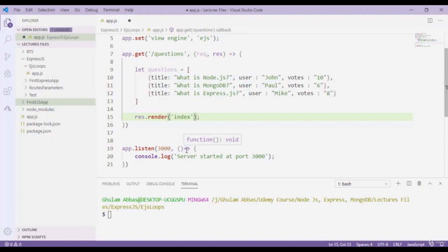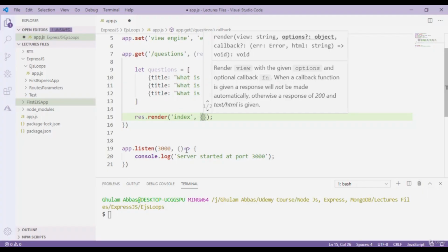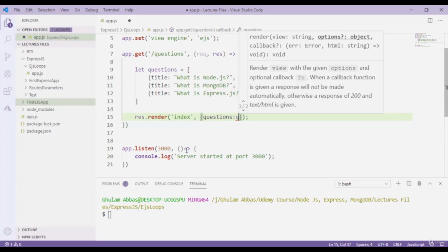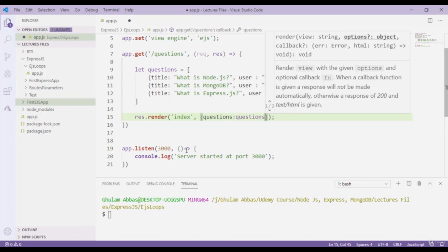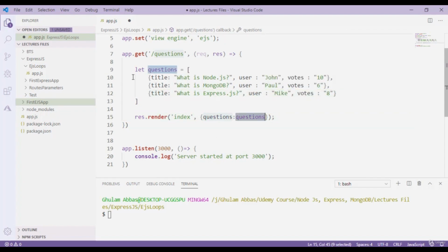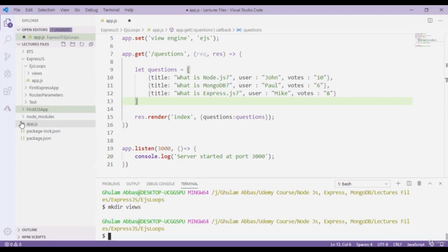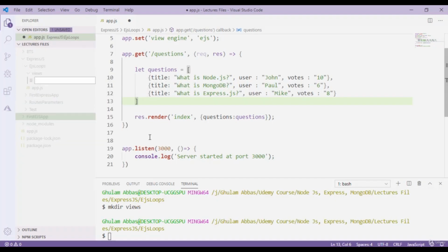So I simply type questions. Remember that this questions is the variable that we are going to use in our EJS file. So I'm going to create a new directory here, EJS loops, that is views. In this views directory I'm going to create a new file with the name